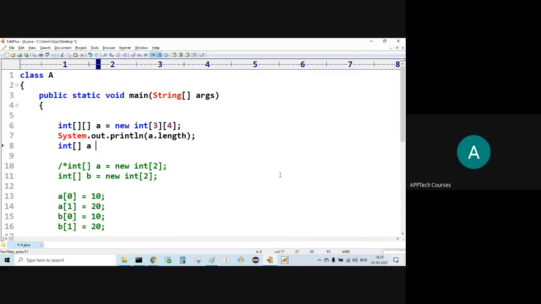Here, a equal to new int. Now, size is what?